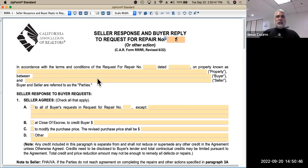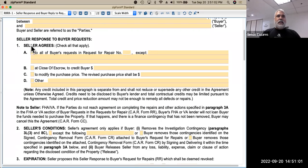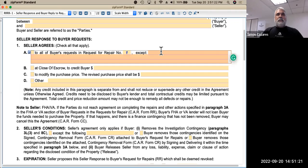But here, in accordance with the terms and conditions of the request of repairs, this is the buyer. Is it the buyer's first, the buyer's second, the buyer's third, the buyer's fourth, right? So this is the first. You're going to put in the date, property address, buyer, seller's information, and buyer and seller are referred to as the parties, all right? So seller's response. So this is the response that the buyer submitted, and this is now the seller's response back to the buyer. That 1A says to all buyers' requests on number one, and